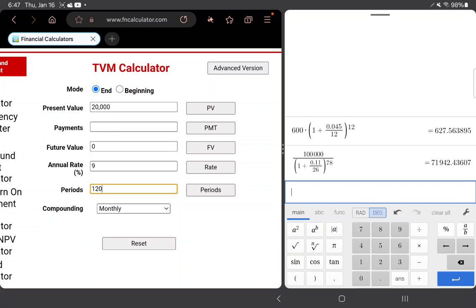You don't want any debt. 9% interest rate for 10 years. So that's 120 periods compounded monthly. You press payment, and that means every month we would need to repay $253.35. So that you could take that payment amount and then start to do like an amortization table, because now